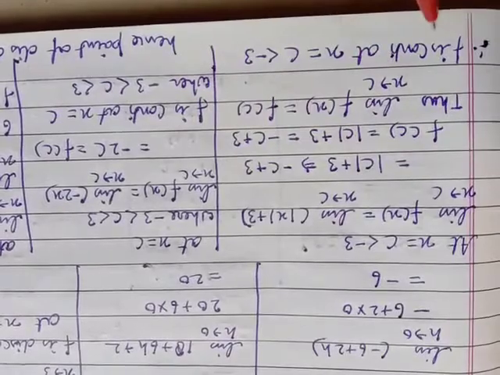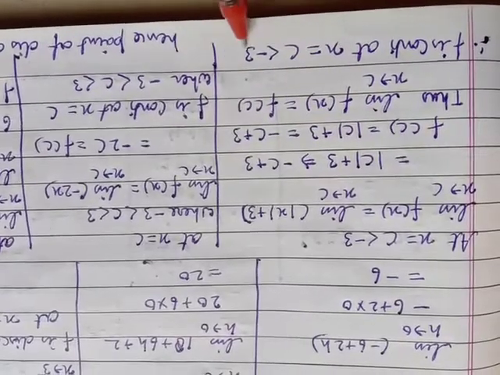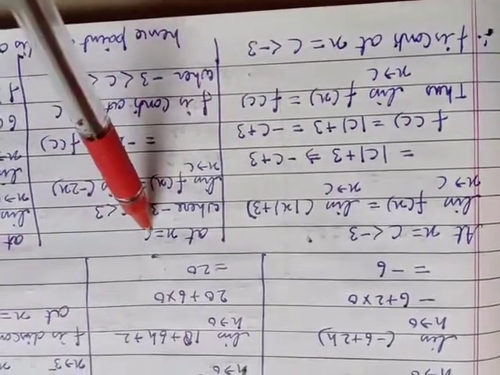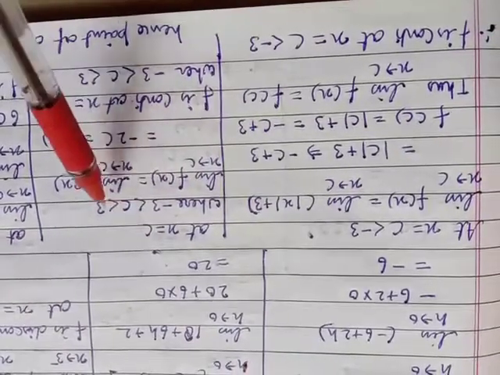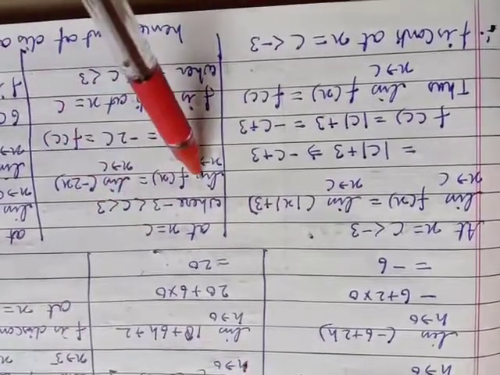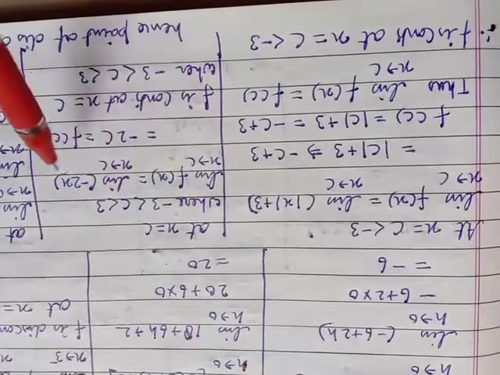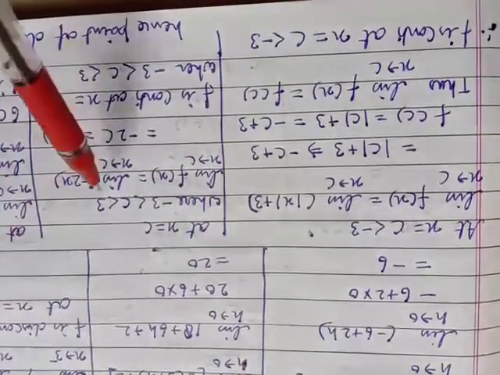So f is continuous when c is less than -3. When c is greater than -3 but less than 3, the function is -2x,